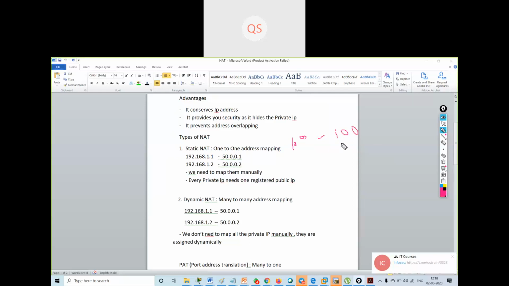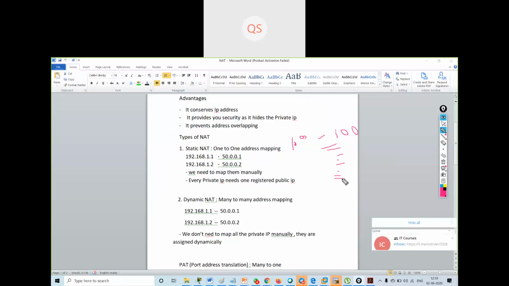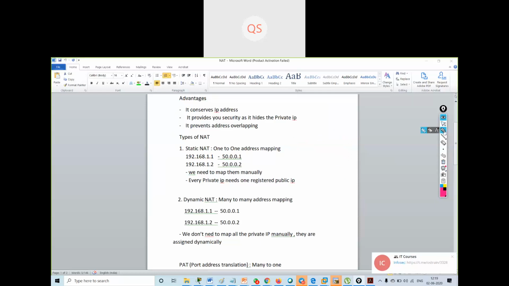Leave the 100 public IP addresses for now, I have to write 100 lines of code, each for one user. So it will be very difficult to manage these things and keep track of all of them. This is the disadvantage of static NAT.